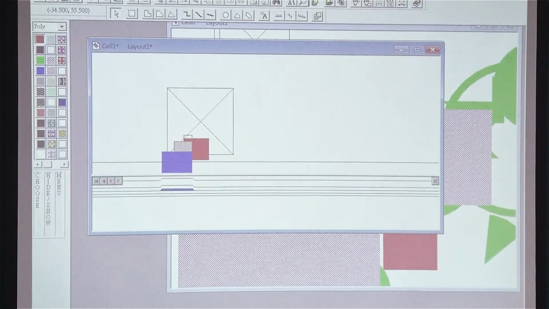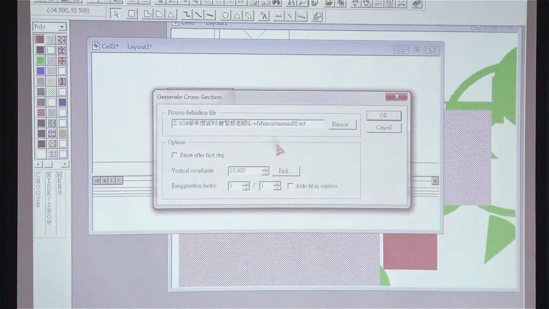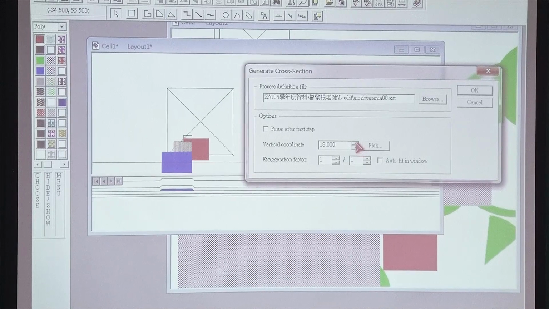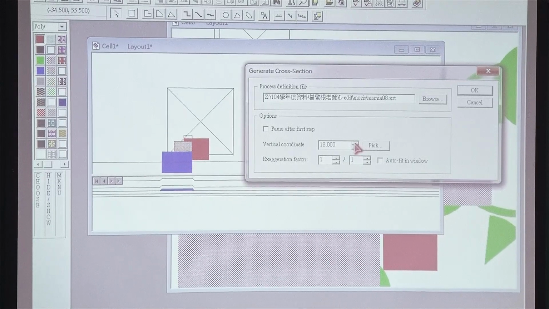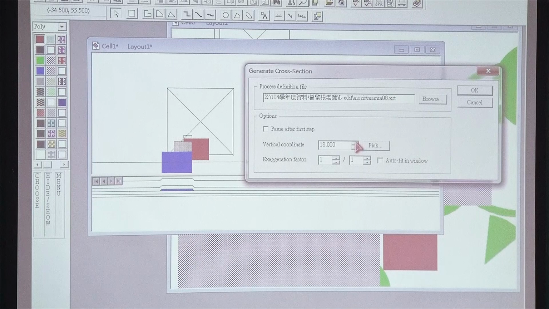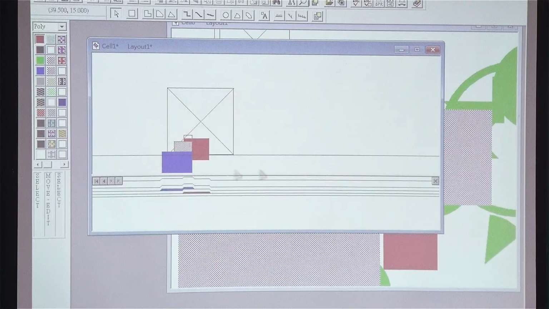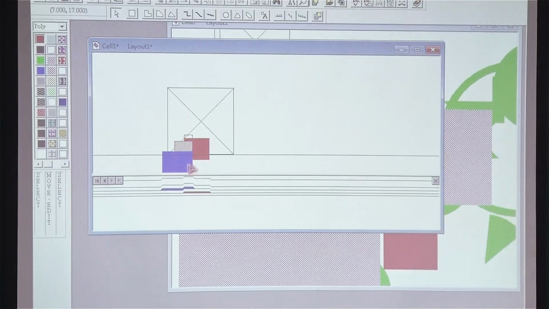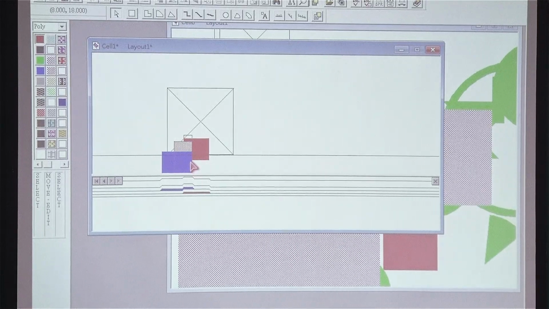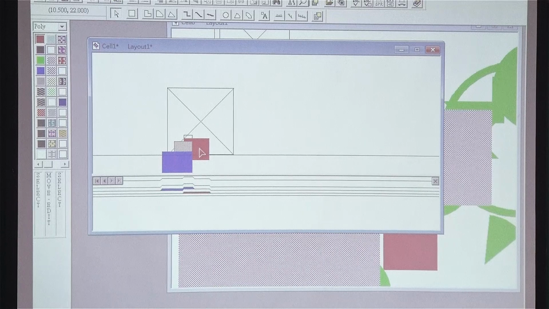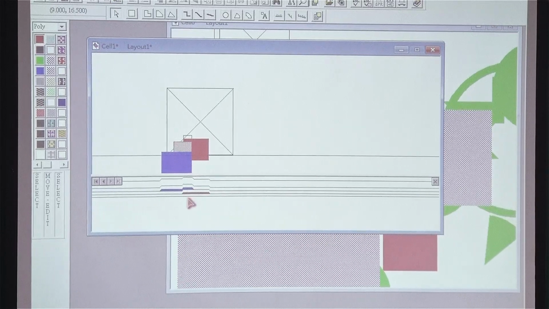Okay, we can see a different place. By selecting the position here, now it's 18 pixels, so we can move a little bit above. You can see two layers here: the blue one is the metal, and the other is the red one. The red one is at the bottom of the blue one, but there is no connection